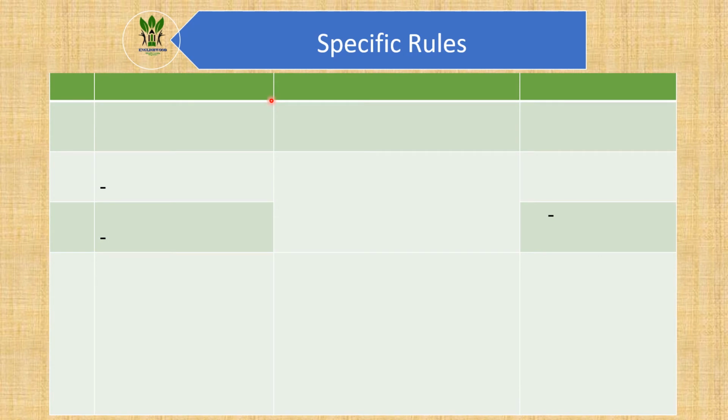So we have to know specific rules in the coming lessons also, in order to change direct speech into indirect speech clearly and perfectly. You have to know the types of sentences. On the basis of the types of sentences, you have to use the reporting verbs and the connectives. These are very important parts of changing direct speech into indirect speech.